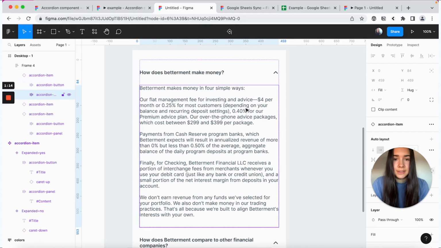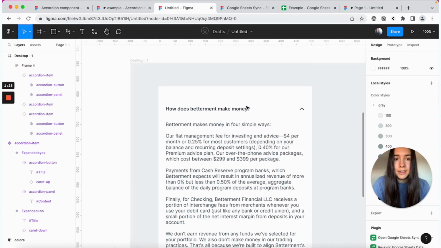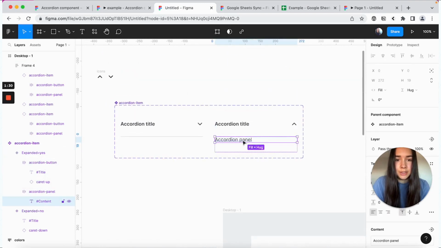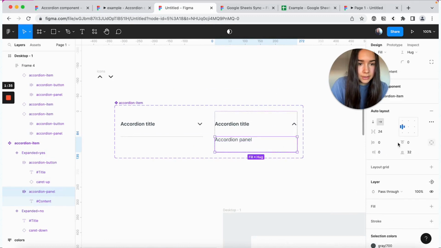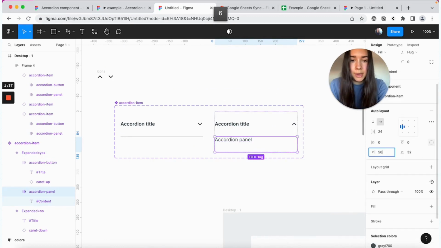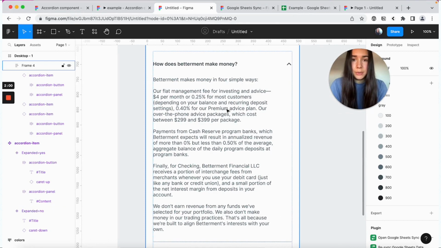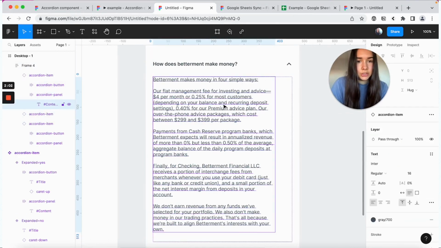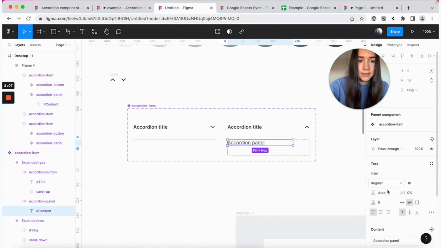And right away, we can see that there are a couple things we can improve here. First, as you can see right now, the content extends pretty much all the way across and it feels too wide, and maybe it would be nice if it stopped before our icon here. So what we can do is return to our main component and give it a right padding of maybe 56. So now it's more narrow. Another thing that we could do is change the line height to maybe 160.